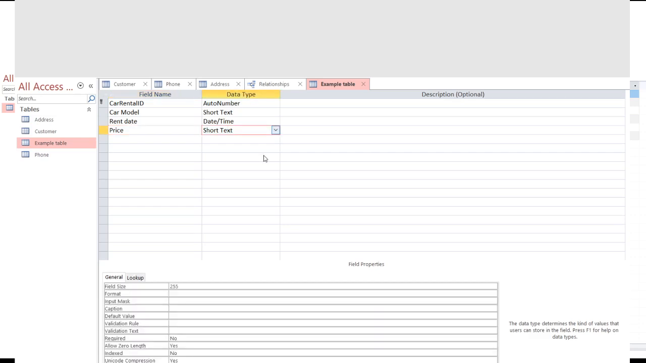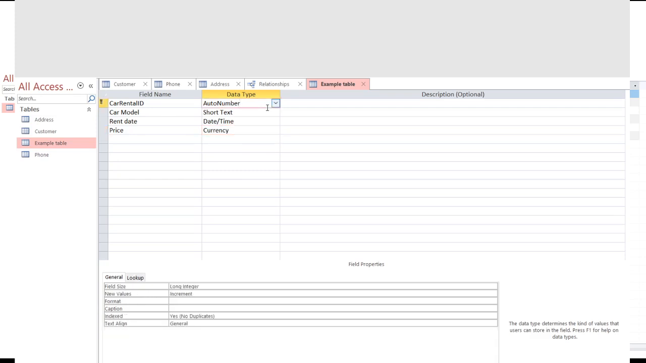Okay, so we'll put currency. This is just for the database. My database can be as small or as big as I want it to be. So after saving, I'm just showing you, we've done this already. This is just a quick